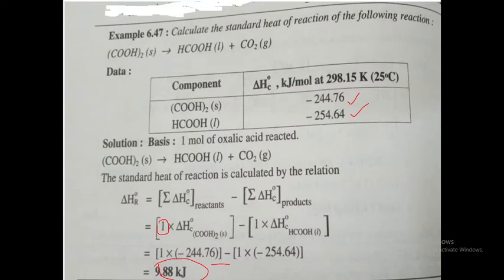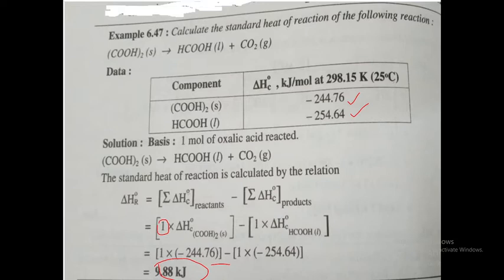So as per the reaction, how many reactants and how many products are formed? From the reaction, only one reactant and two products are formed. Are you clear or not? Okay. So first we are going to concentrate on the reactant. Which one is the reactant here? Oxalic acid. Oxalic acid standard heat of combustion data are given. You should take it as minus 247.76. What about the stoichiometric coefficient here? Only 1 mole is reacted, so you should take 1. Are you clear or not? Okay. 1 into delta HC0 of oxalic acid, substitute the value here.